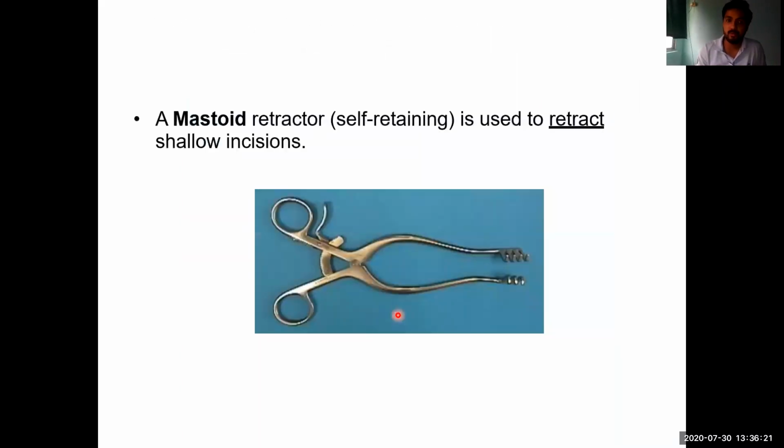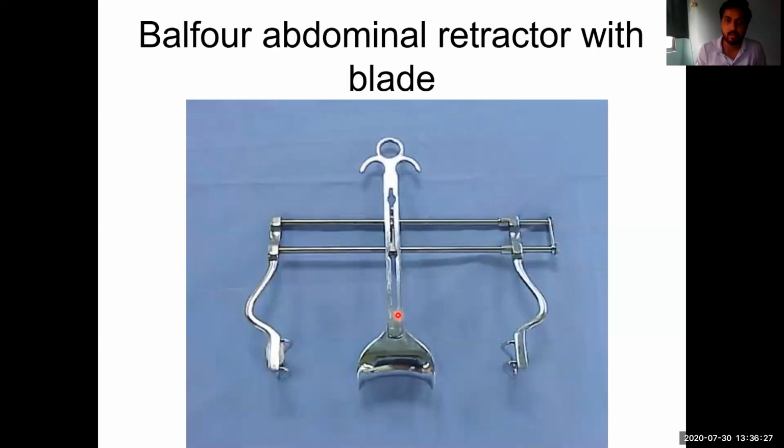We use the previous one, the Mastoid retractor, for small superficial incisions, mainly mastoid surgeries, and the larger one is the Balfour. This we use mostly for larger operations like exploratory laparotomies, many operations for the liver, so many operations are there. You can name them one by one. Even for jejunostomy, operations for the stomach, and vagotomy to hold the fundus. Sorry, to hold this part of the liver, and for hepaticojejunostomy, many operations you can use this.